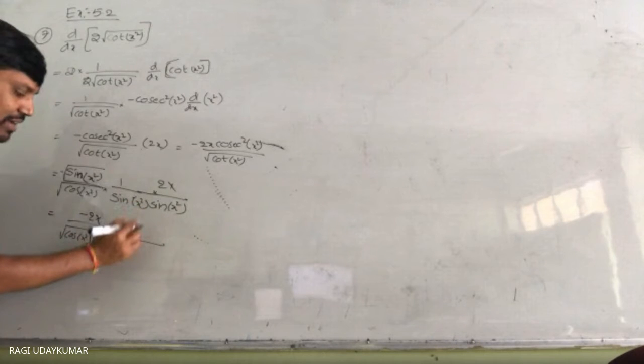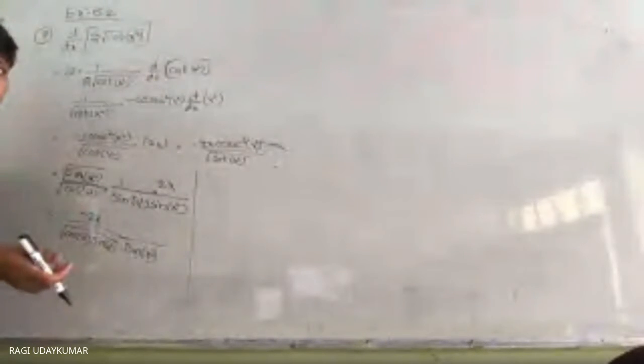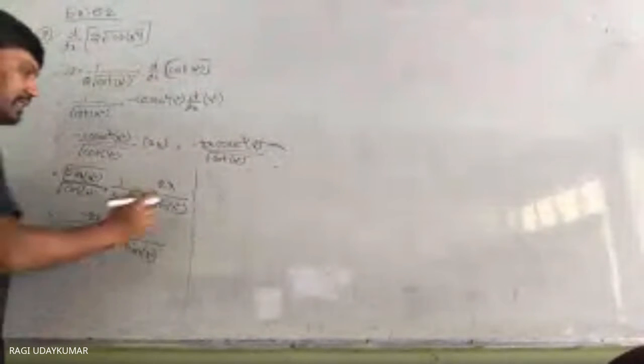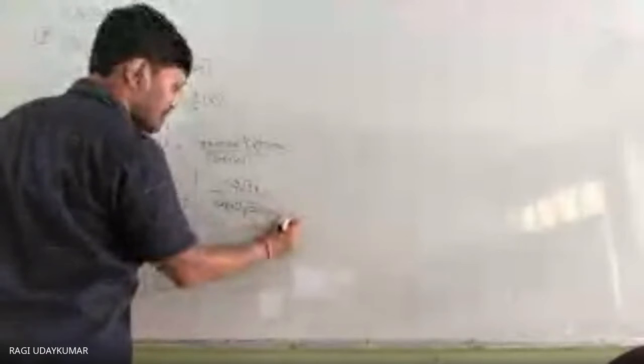Then after sin x square we are going to get this. If you want, multiply the root 2 in the numerator and denominator. If you multiply the root 2 in the numerator and denominator, 2 sin x cos x, the sin 2x form, will come. Okay, this one you can write here: minus 2 root 2x by sin x square into under root of 2 into sin x square cos x square.